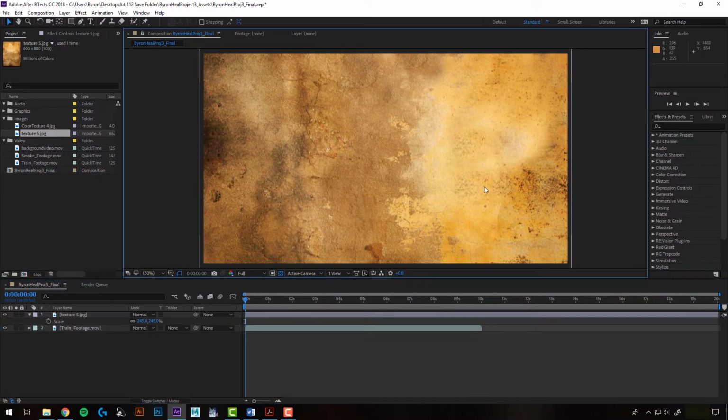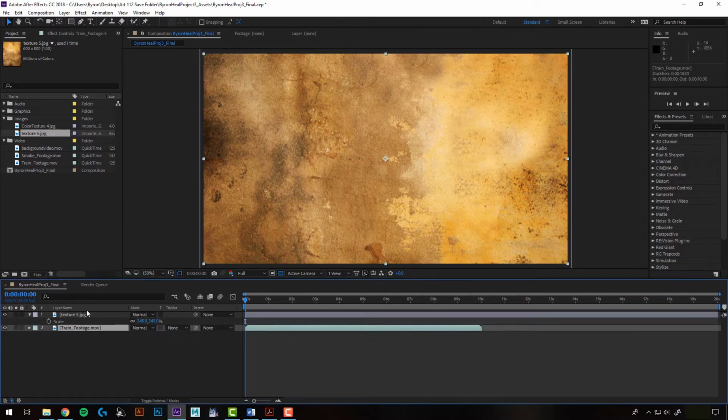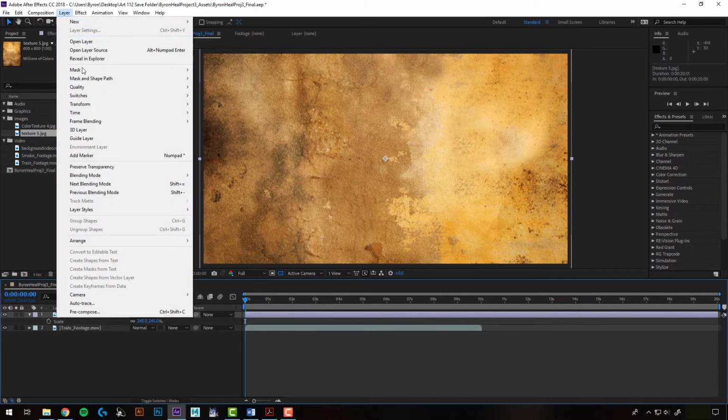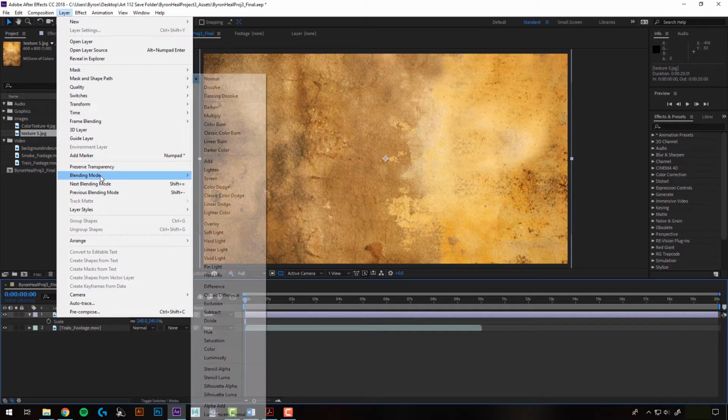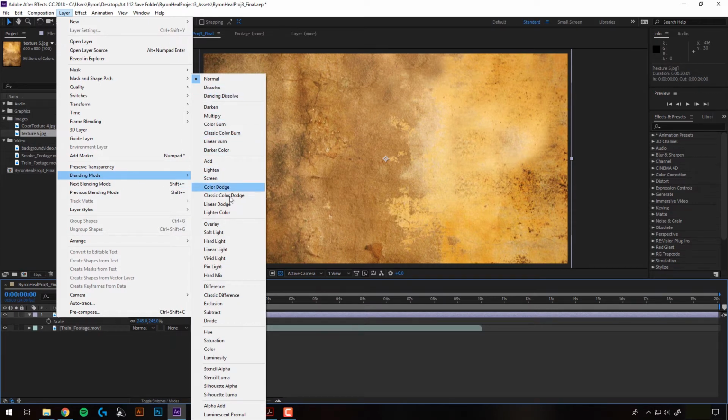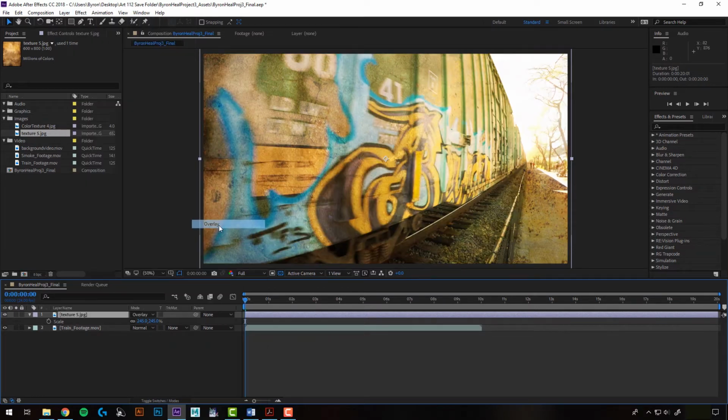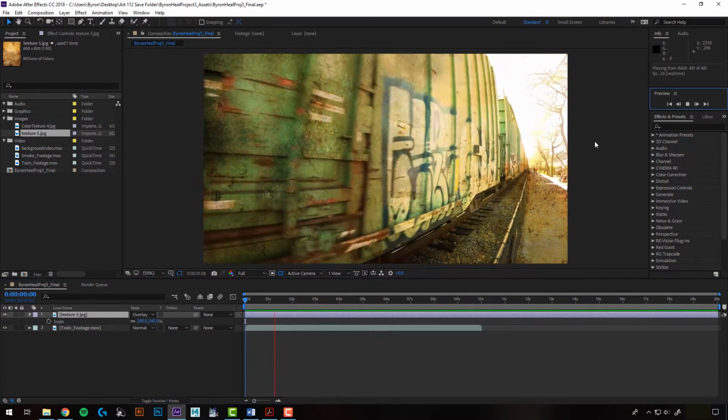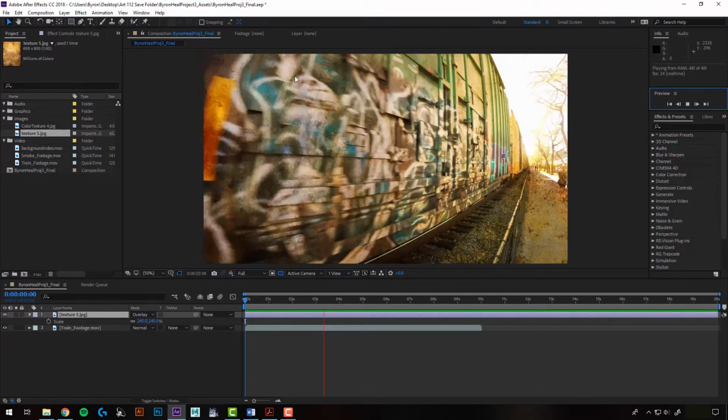Okay, so now we want to blend this top layer into our train footage. To do that, we can come up to Layer, and then here we have our layer options. We can go to Blending mode and select one right here. So let's try Overlay to start with. Now what that did was, just like in Photoshop, it blended it in by overlaying our texture over top of the train footage. So if I hit play, we still see our train footage underneath, but we get that texture